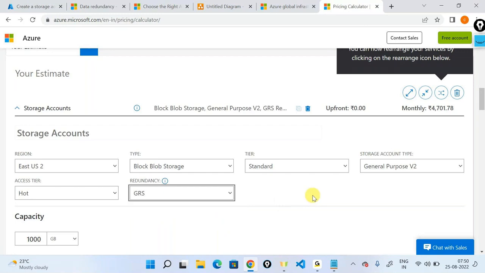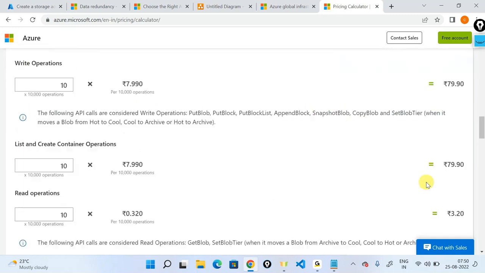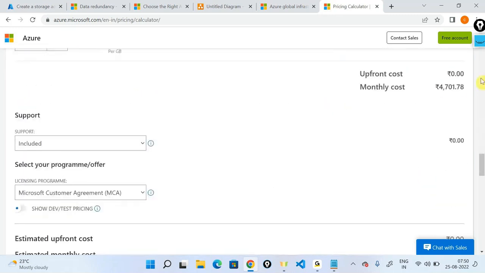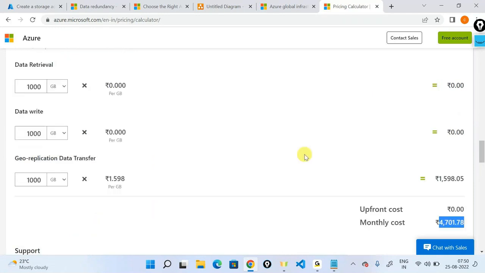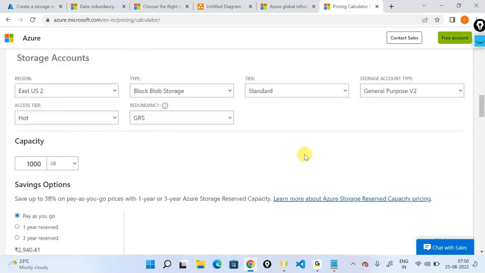The reason being, Microsoft is not only telling you I'll store your data, Microsoft is also telling you I'll keep your data available. I'll copy it in a secondary region, and also you can use the secondary region. That's the reason I'll charge you a premium cost of about 4701 rupees if you're going ahead and storing this. Again, if you calculate all these things, monthly cost 4701 rupees if you store about 1000 GB capacity. Again, if your need increases and you put in 2000 GB out here,